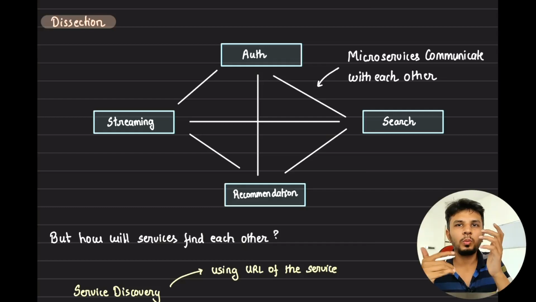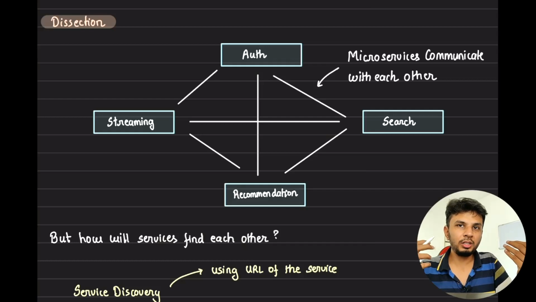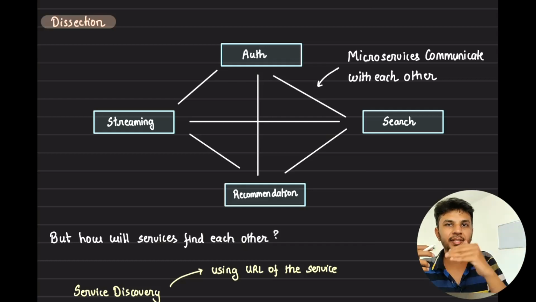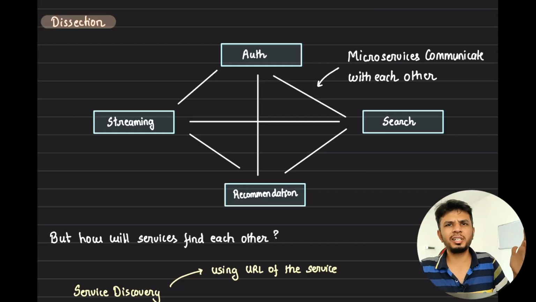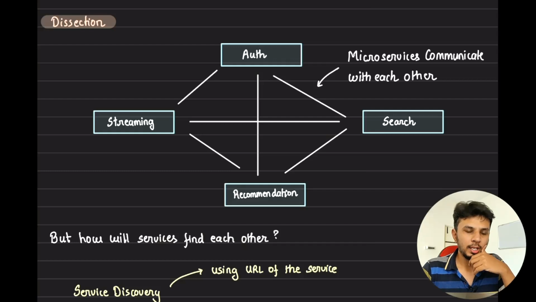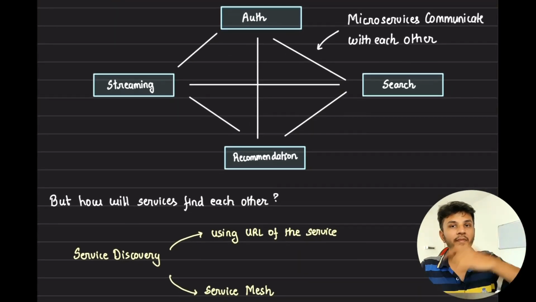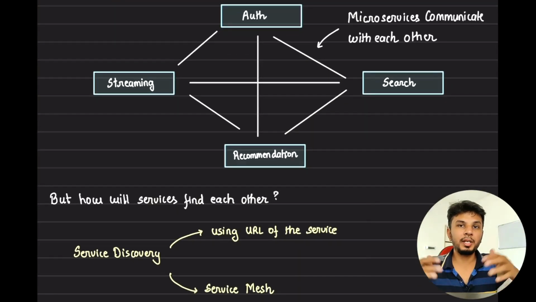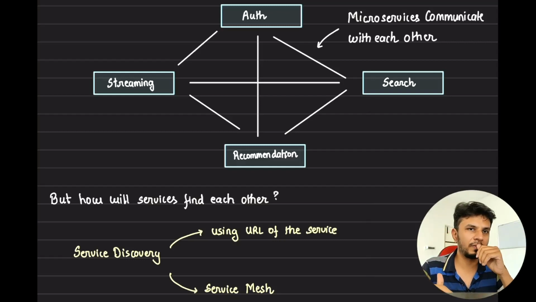So here one way to do it is to have these URL endpoints configured on all of these services, and they know whom to talk to and how to reach out to them, mostly a REST based access, what you might want to define over here. That's a very traditional way of doing it. But there is a modern way of doing it, which is very popular when you have hundreds and thousands of microservices. We will talk about the advantages and disadvantages in just a couple of minutes.